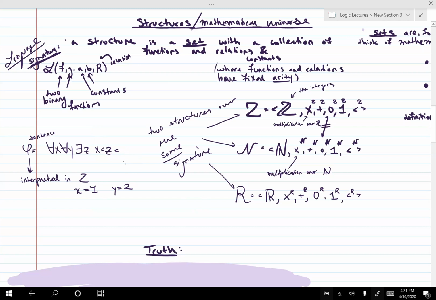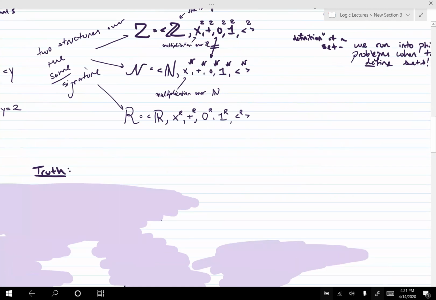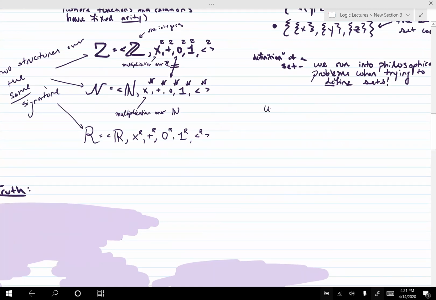Wait, I have one more question that I'm harping on, but could you just clarify it again? Yeah, of course. How do we differentiate a unary function and a unary relation? An example of a unary function is like the successor function. So n plus one: we'll take in 1 and give out 2. Whereas a unary relation,